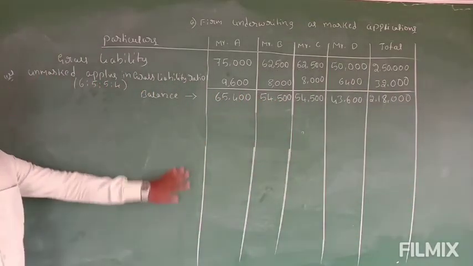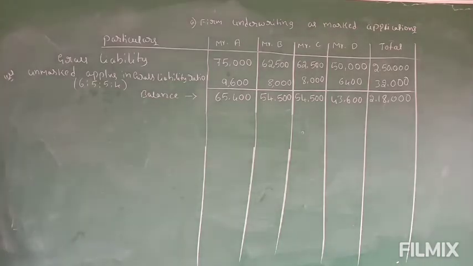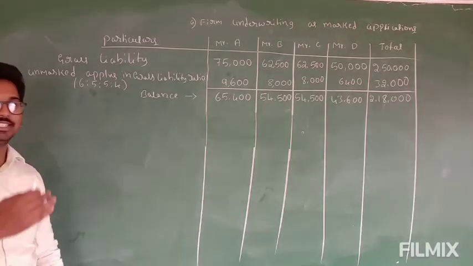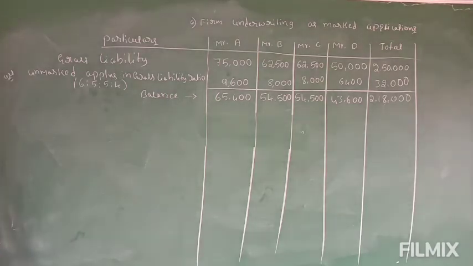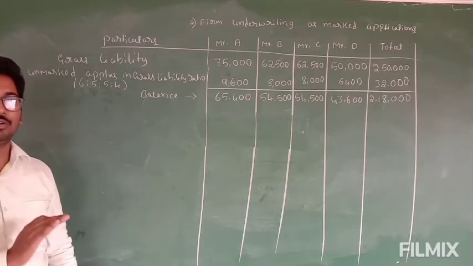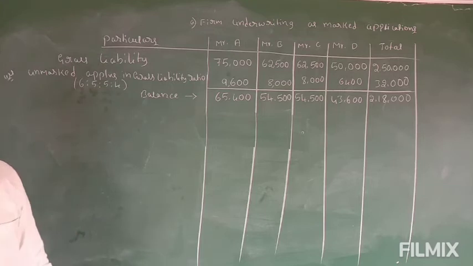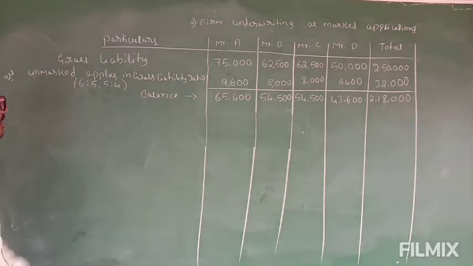So these two steps are common. So next, what will be considered as less MAD applications? We should consider the MAD applications that we finalized in the working notes. MAD applications 40,000 plus 8,000, total 48,000. The total values that we took in the calculation of unMAD applications, the same we should consider here also.